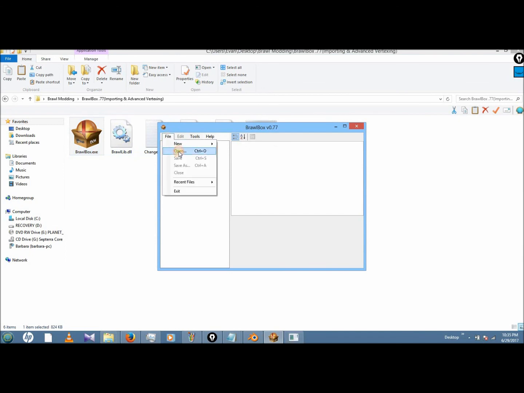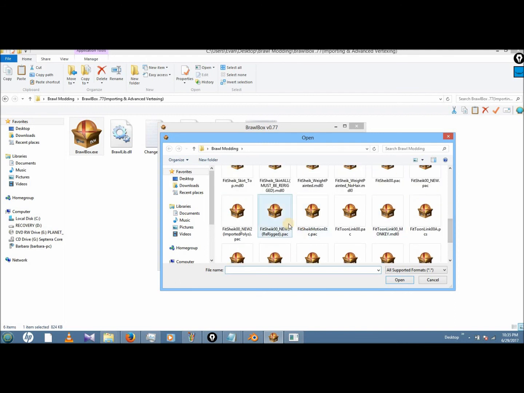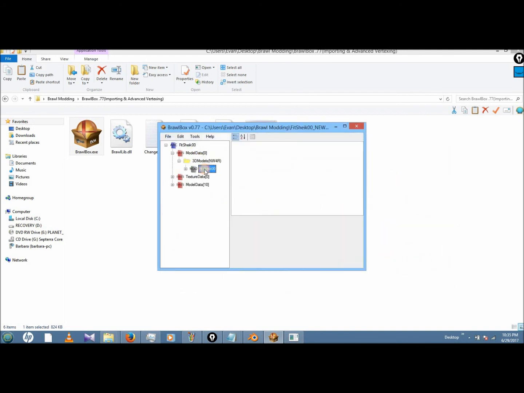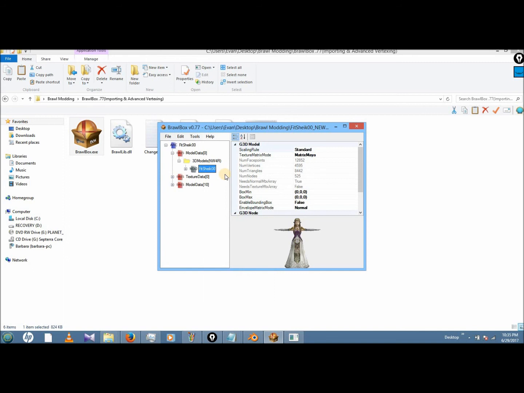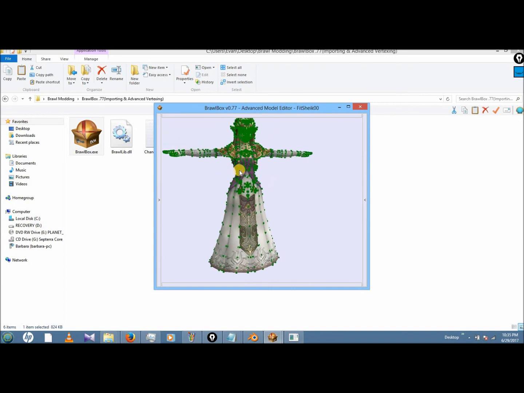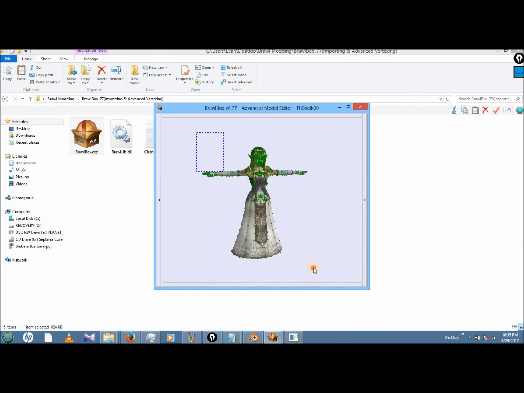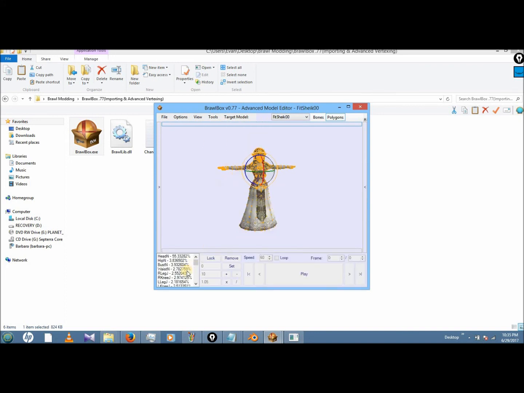Okay, one final thing before I test in game, and that is to attempt to re-rig that one section. And that can be done in Brawlbox. Also, not because we import into Blender and then export from Blender, but solely because we edited the rigging in Blender, something that you have to do is select all the vertices like that, go to the weight editor in 0.77, select the bone from this bottom list here, and then click the minus and the plus until it's back to where it should be, like right there.